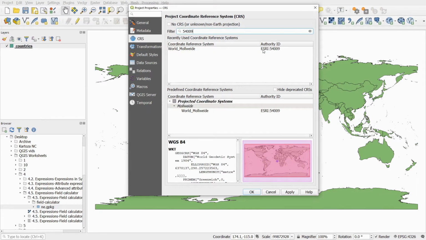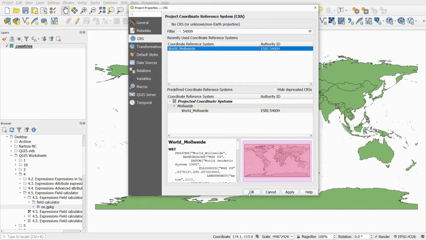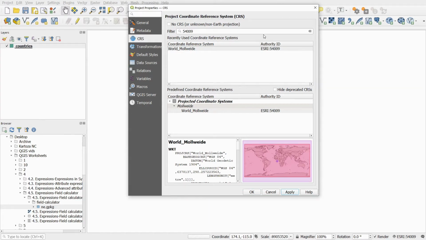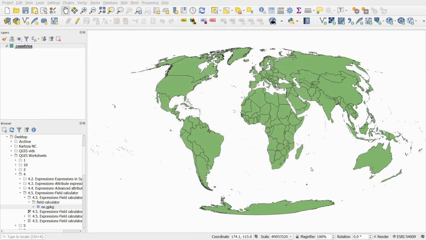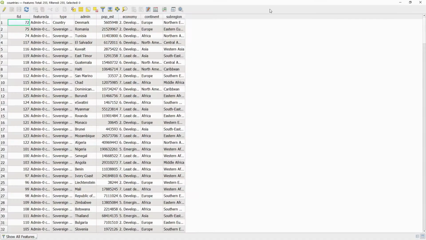and change it to 54009. Click Apply and OK. You'll see that this changes it into a slightly more globe or round shape. Open the Layers attribute table